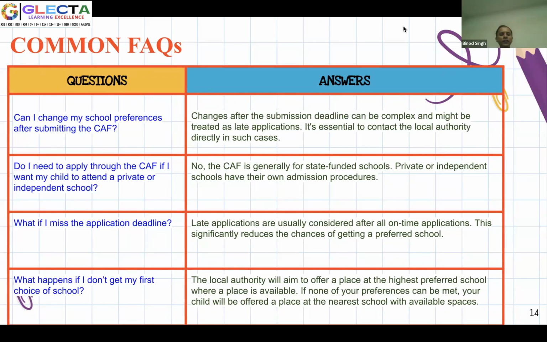So the first question is, can I change my school preferences after submitting the common application form? There is a deadline usually, and most of the councils will give you opportunity. The form will be open until the last date arrives. But if you think there's something which has essentially changed and was out of your control, then maybe you can go and check with council, and then usually what happens is people will be sent into the waiting list,